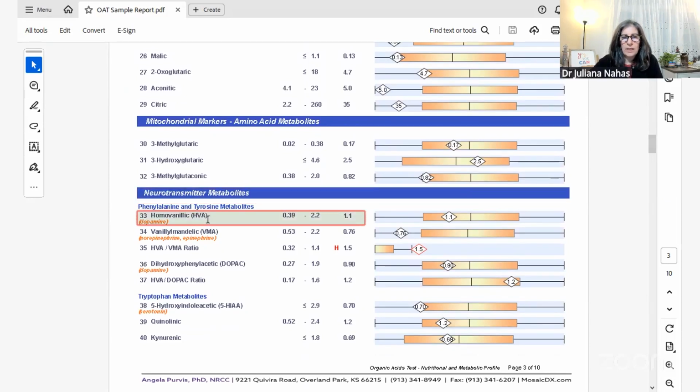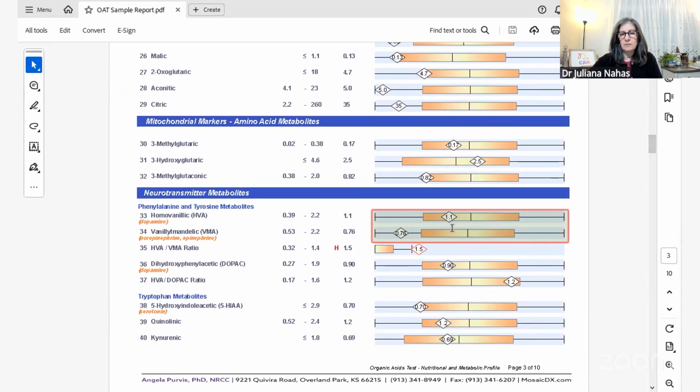So we look at the HVA, which is a dopamine marker, and then the VMA. And you can see already here there's a discrepancy in how they are coming across. Like they should be in line, right? You should have as much dopamine as you do norepinephrine because the enzyme should be just moving things along naturally, right? But here we see there's a block to producing the norepinephrine or epinephrine,